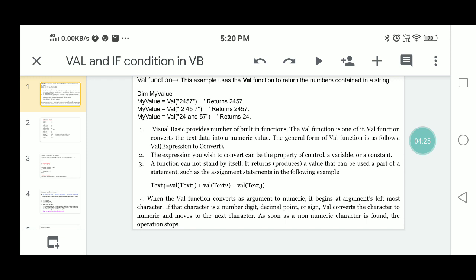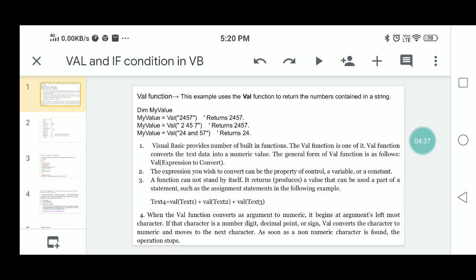As soon as a non-numeric character is found, the operation stops. Here is an example, Val of "24 57". First it takes 2, next it takes 4, then next it receives a non-numeric character, that is a space. It stops taking characters. So it returns the result 24.